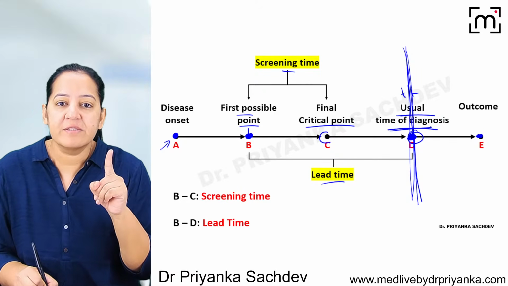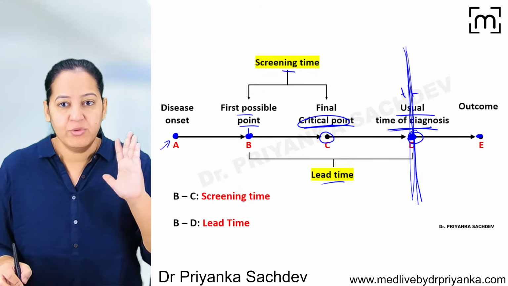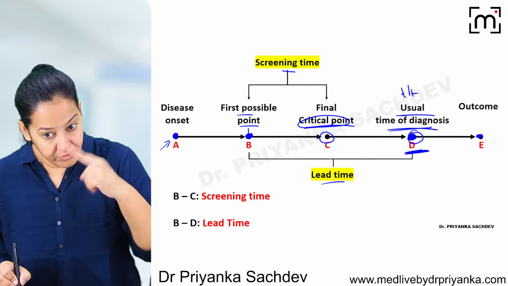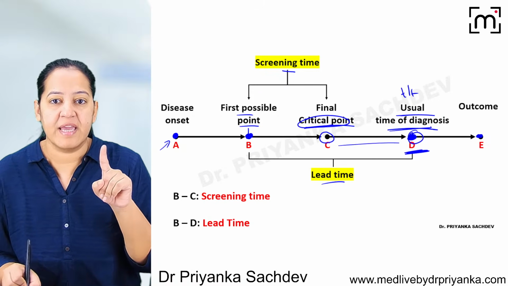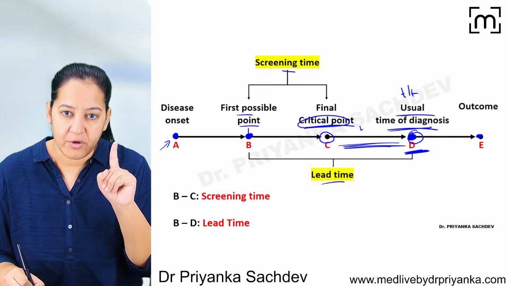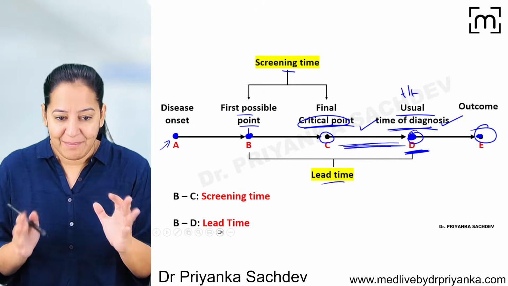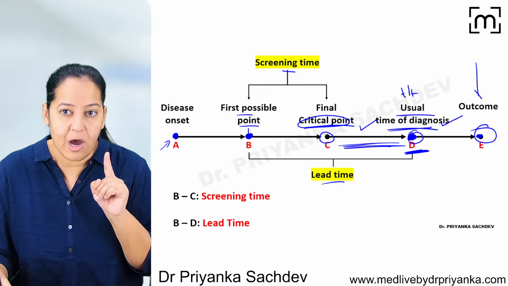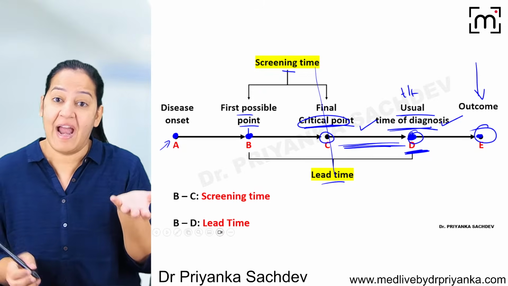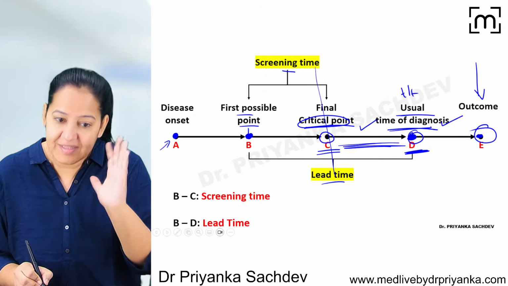Now there is a point which is known as critical point. You have to understand what is this critical point. We have to diagnose the disease before this point. You understood that. But even if we are diagnosing in this period, after the critical point, there is no change in outcome. Whether you are diagnosing here or you are diagnosing here, the outcome is the same. So what is the use? I mean, if you want to make a difference, the outcome should be better. You have to diagnose the disease before the critical point and treat it before the critical point. So critical point is that point which makes a difference in the outcome.